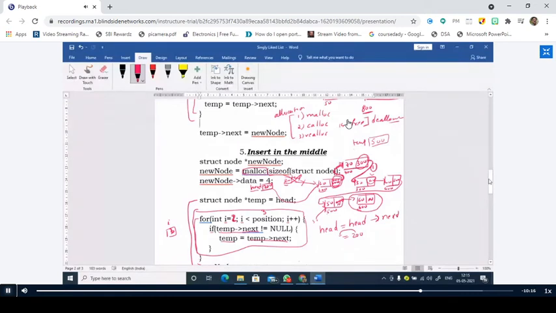Is it clear? Yes, sir. At present temp next is 500, right sir? Yes, sir. Tell me, where temp is pointing, is it clear? Now temp is pointing to this location.